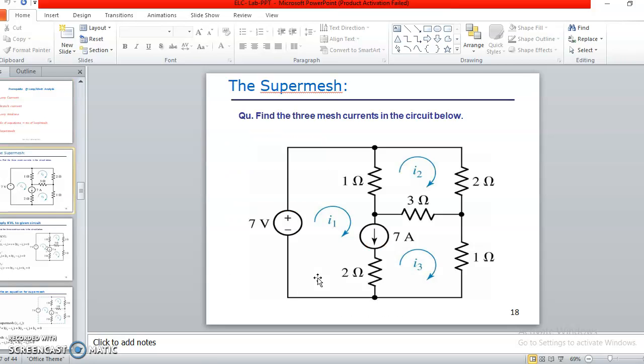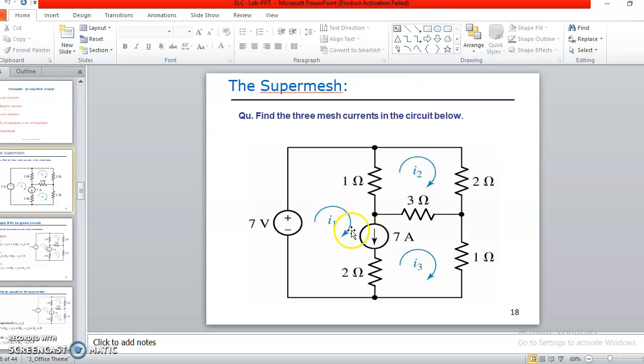According to our figure, the 7 ampere current source is present between loop 1 and loop 3, so this is an example of a super mesh. Here we have to find the 3 mesh currents in the given circuit.